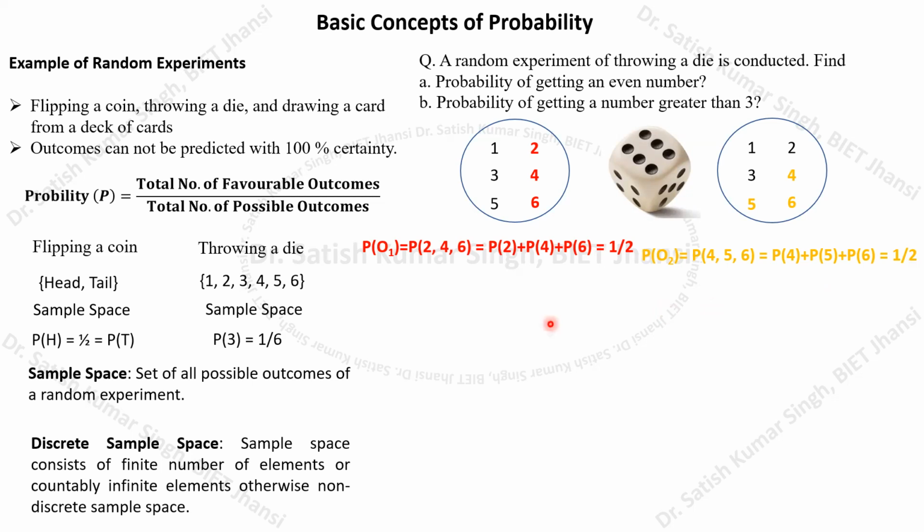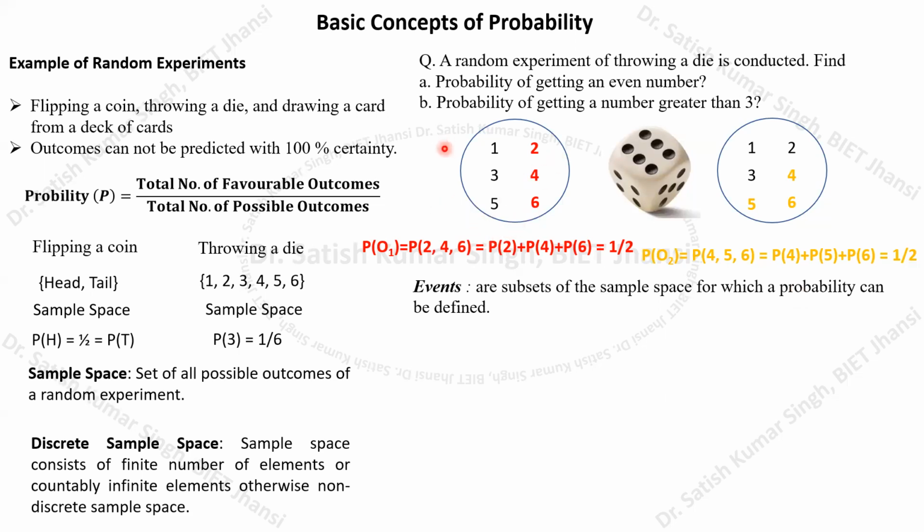So here we can see that we can define these probabilities as an event, okay? Because this particular probability that we have shown here, like the probability of getting an even number, may be defining a particular subset of the complete sample space. So here we can define what an event is. Events are the subsets of the sample space for which a probability can be defined. So if we are asking the probability of getting an even number, then that can be said to be an event. This can be regarded as one of the events.